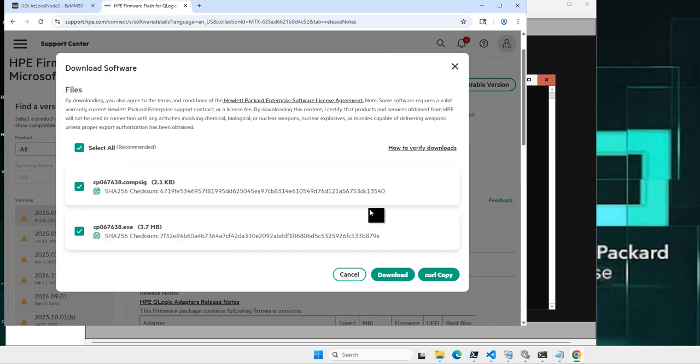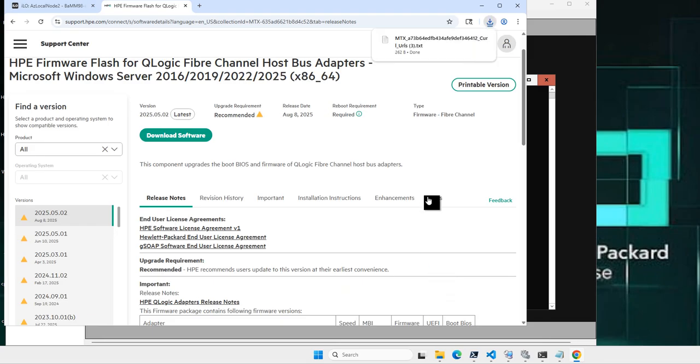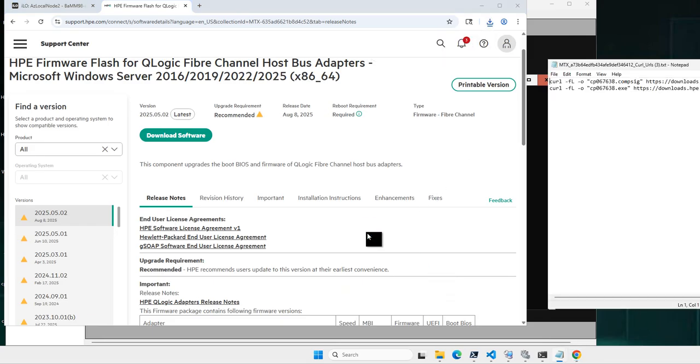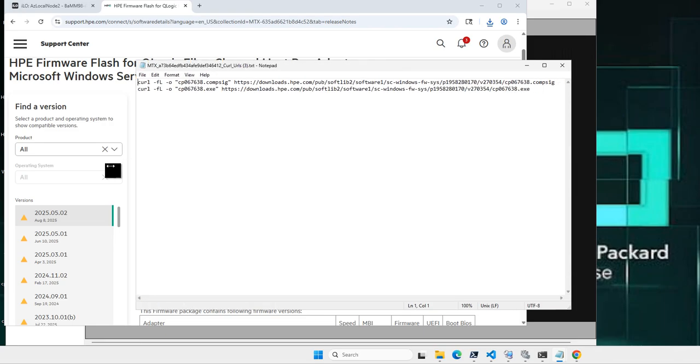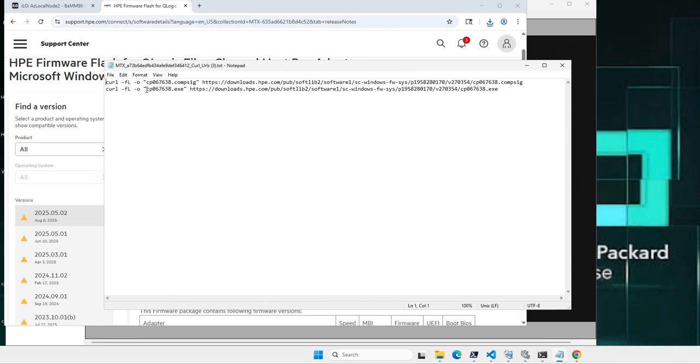Click download, and instead of downloading it directly and doing this two-step process, we're going to copy the curl. When you copy the curl, it'll show you what the command looks like if you wanted to use a curl command to download it. We're going to copy this into a buffer,